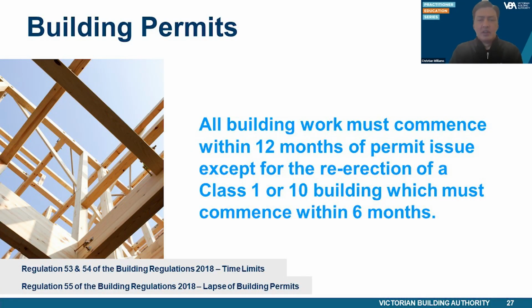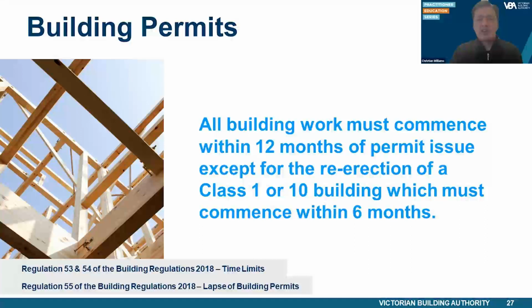A swimming pool or associated barrier or safety equipment not being carried out concurrently with other building work on the same allotment must be completed within 6 months after the building work commences, or if concurrent with other building work, must be completed in the same timeframes as that work.